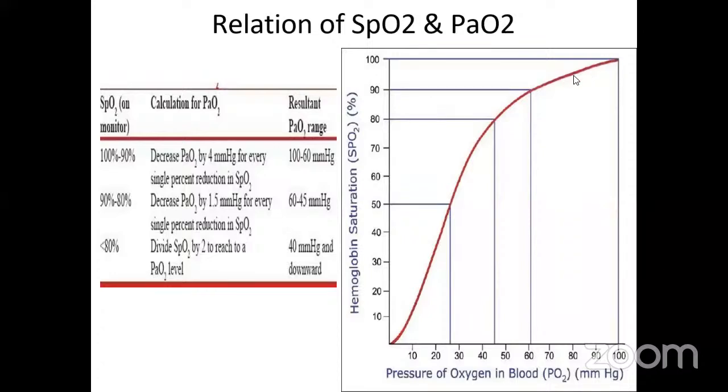और जब हम ऑक्सीजन थेरेपी यूज कर रहे हैं तब तो अगर हम ICU में हैं तो हमेशा 90 से 92 के बीच में, और अगर ICU में नहीं हैं तो 90 से 94% के बीच में SpO2 होना चाहिए। तो ये इनके कोरिलेशंस हैं। अगर SpO2 100 से 90% के बीच में हो रहा है तो हम उसकी PaO2 वैल्यू निकालने के लिए SpO2 में हर 1% रिडक्शन के लिए 4 मिलीमीटर ऑफ मर्करी ले लेंगे।